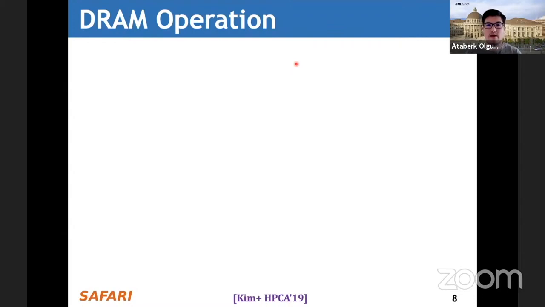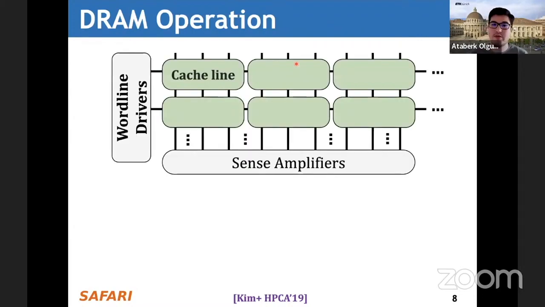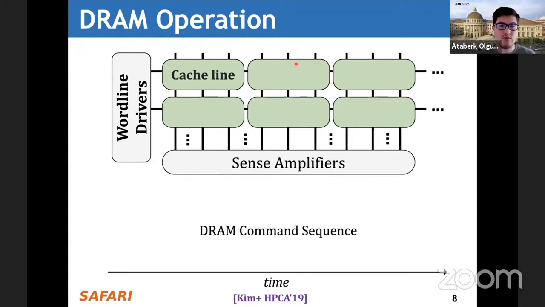And now we will look at how DRAM operates at the scope of a single subarray. And because memory controllers typically access DRAM cells in the granularity of a cache line or a cache block, we combine consecutive DRAM cells in this diagram to form cache lines. So in a single row, we will have multiple of these. And on the bottom, we have a timeline of DRAM commands.